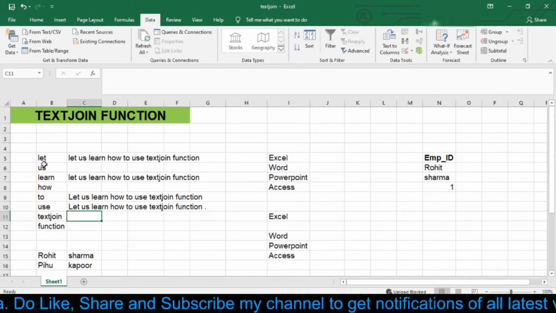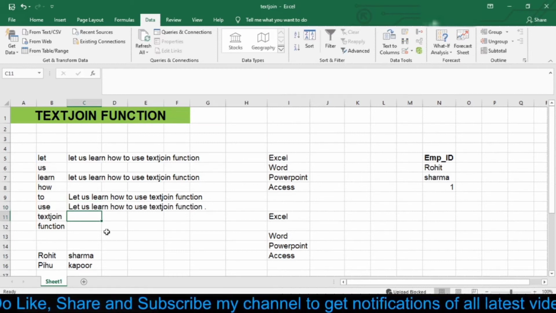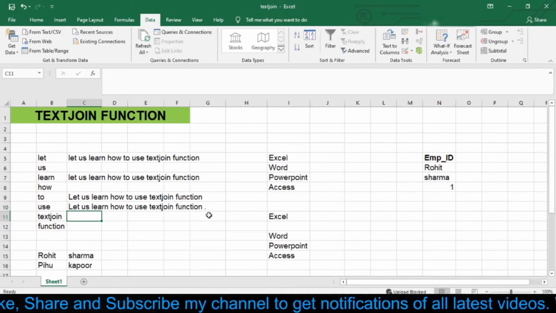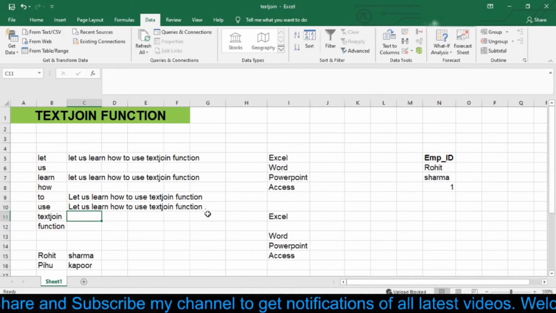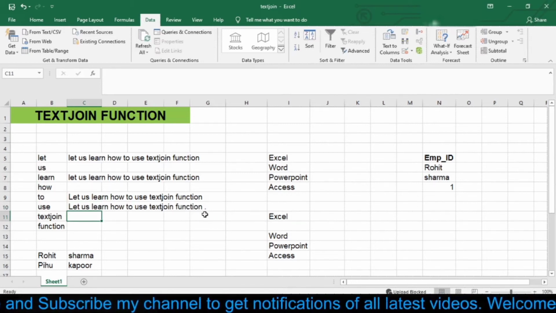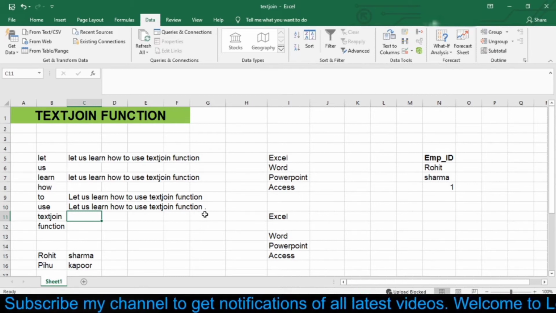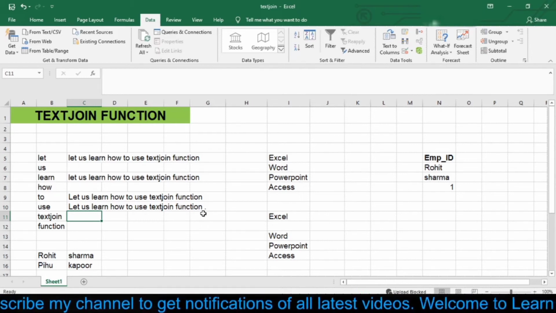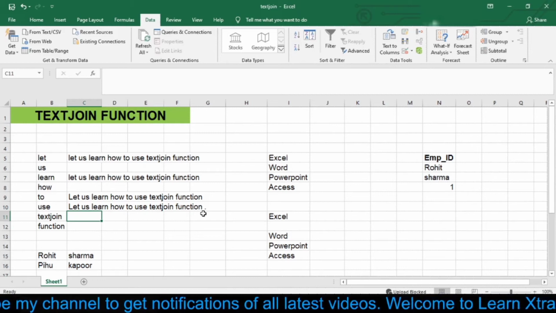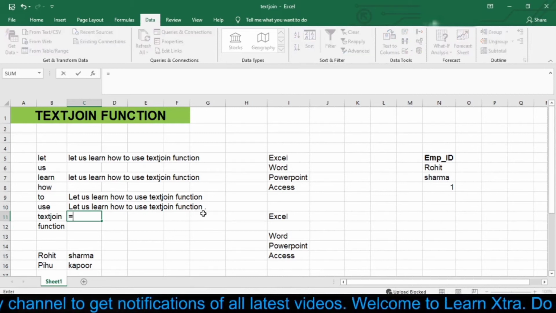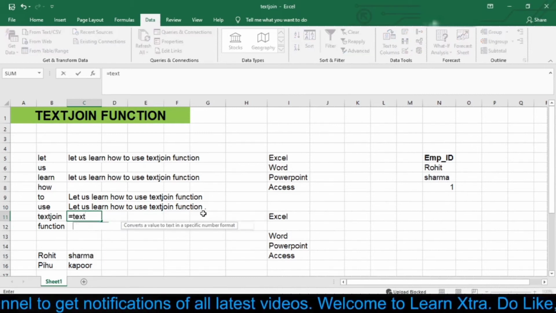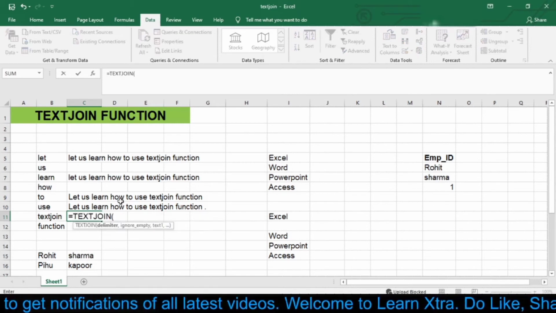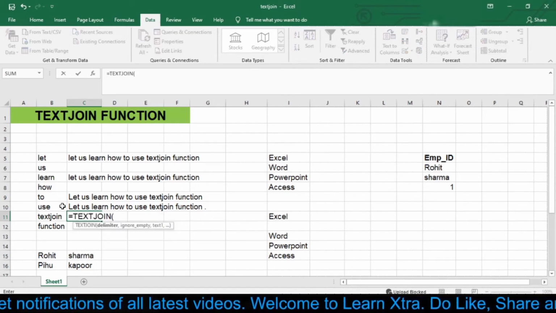So now there is something missing in it. There is a space between "function" and the full stop, but I don't want any space between function and full stop. So now again we will use this TEXTJOIN function and do the same as we did previously.